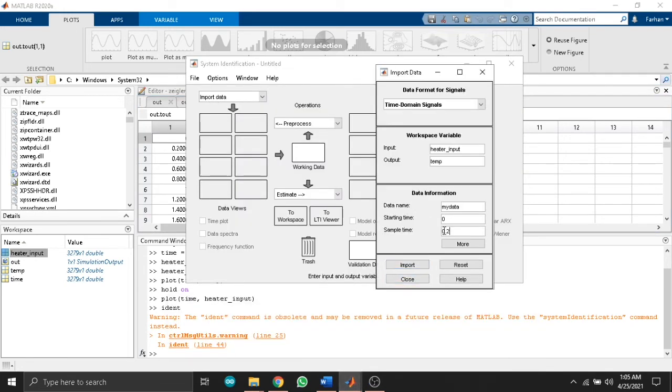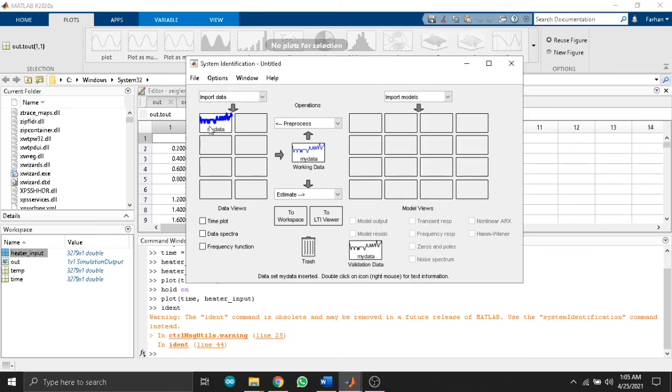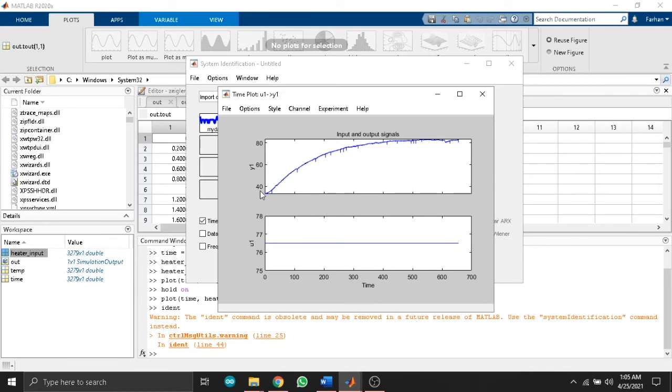So 0.2. Okay, so I click on import, and I got my data over here. I will click on it and plot it to see whether I have properly imported the data. Yes, I have properly imported the data.